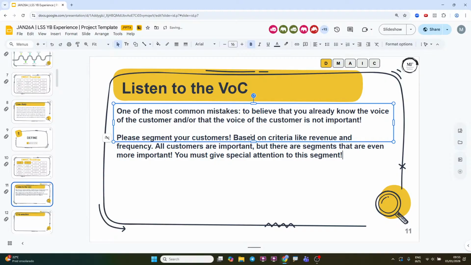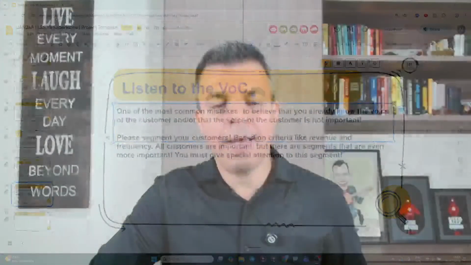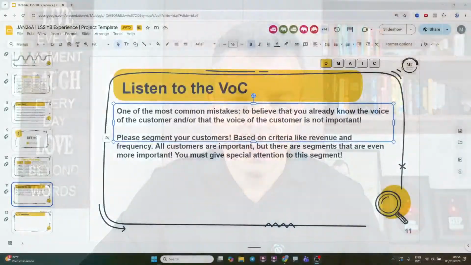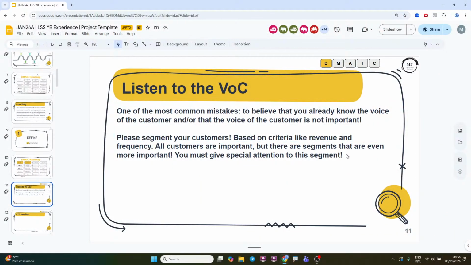To this segment. And it's very common that the best projects come from the voice of the best customers. Again, it's very common that the best projects, the most relevant projects, come from the voice of the best customers. Okay? And then there are different mechanisms to collect the data. I have three that I consider my favorite voice of the customer collection tools, okay?